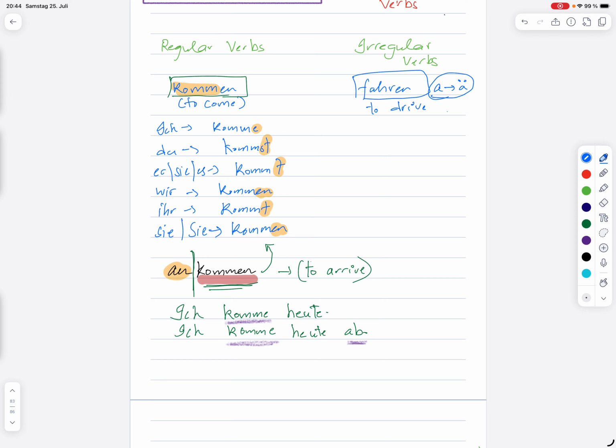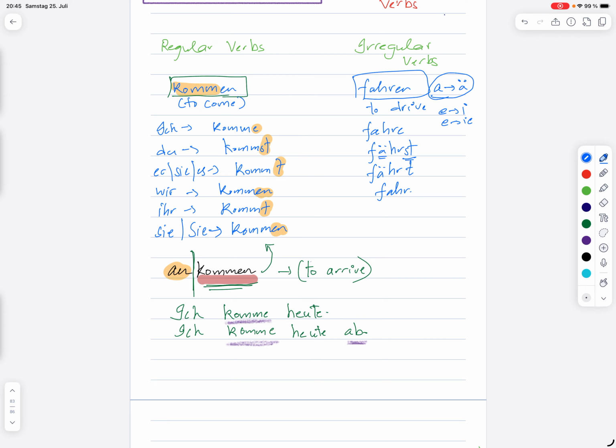And then we also have e going to i, and e going to ie for other verbs in the category of irregular verbs. But here we look at fahren, right? So now I will conjugate fahren. So ich fahre, du fährst, right? So I already have the normal conjugation and then the ä conjugation. Du fährst, er, sie, es fährt,